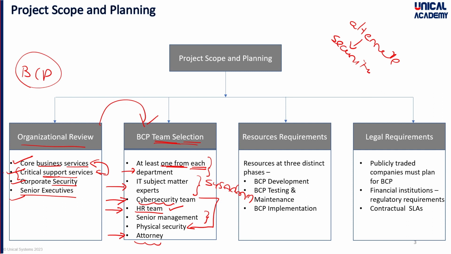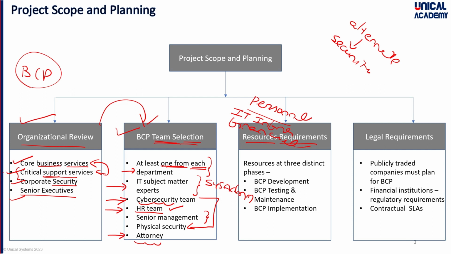The third, okay, review is done, BCP is planned. The third is the resources. Resources are of three aspects. The very critical is people, the personnel required, that needs to be considered. And after that, the basic IT infra that is required, as well as the financial aspects that need to be considered.